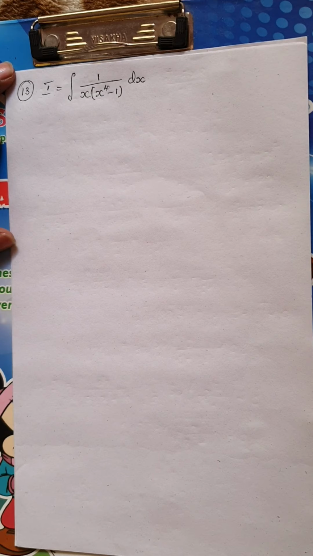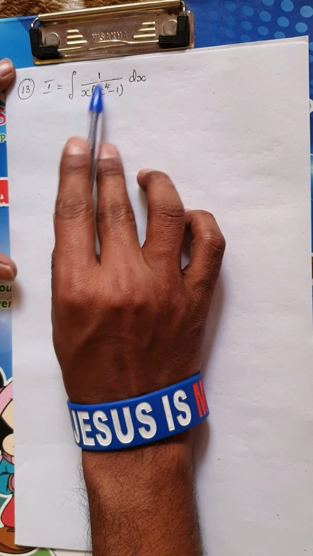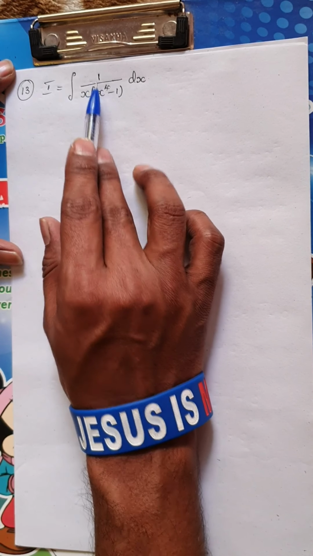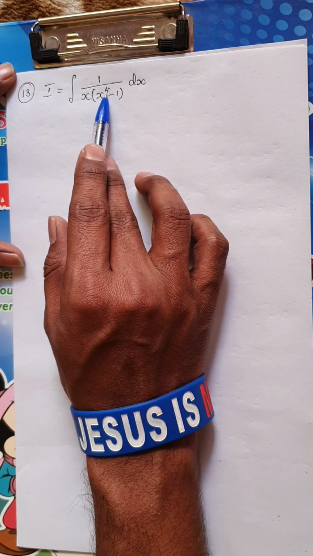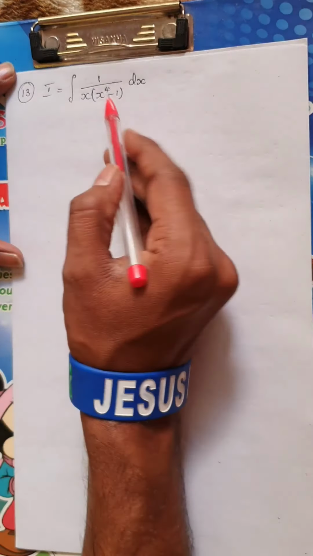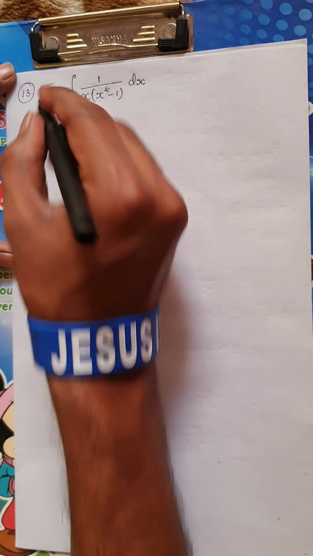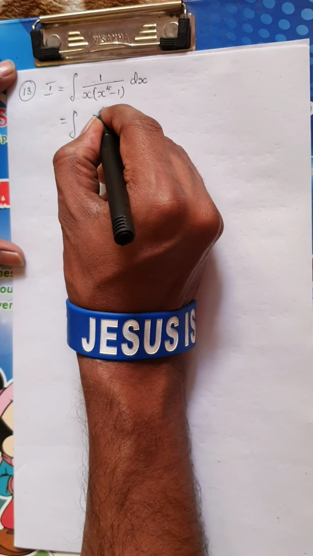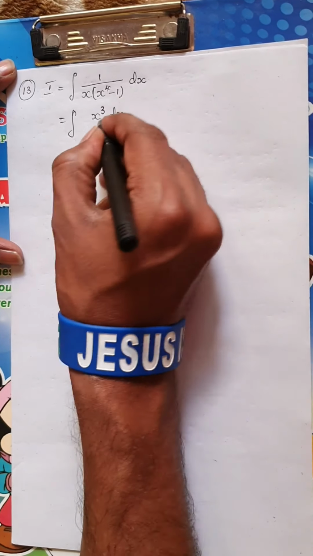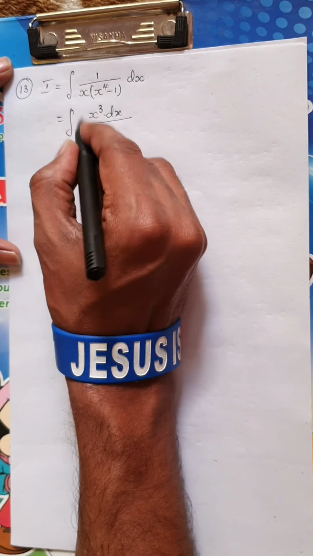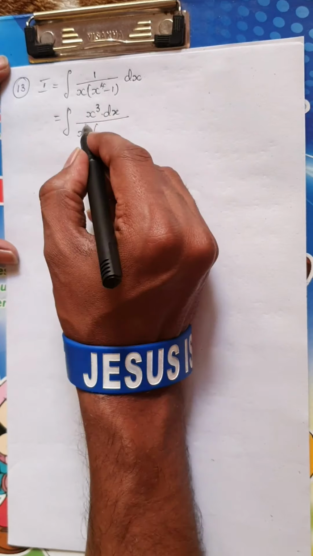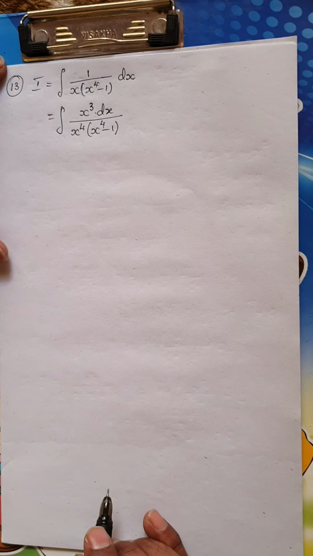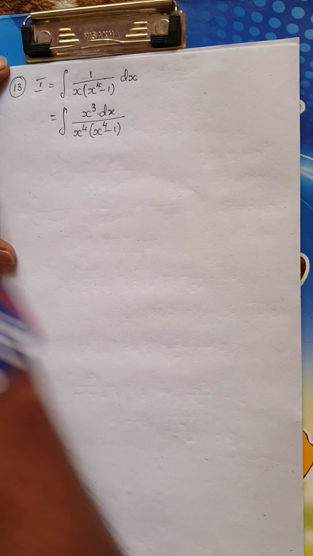Okay. The next integral we have is, even this is similar to the previous question we did. I have 1 divided by x into x power 4 minus 1. So, this is of the form 1 divided by x into x power n plus 1, whatever it is. I have x power 4. So, as I told you, 1 less power of x power 4 is x cube, right. So, I am going to multiply and divide both numerator and denominator by x cube and see what happens. So, this becomes x cube dx divided by, you can write it directly, already I have x here. So, if I multiply x cube, it will directly become x power 4 into this x power 4 minus 1 is already there.